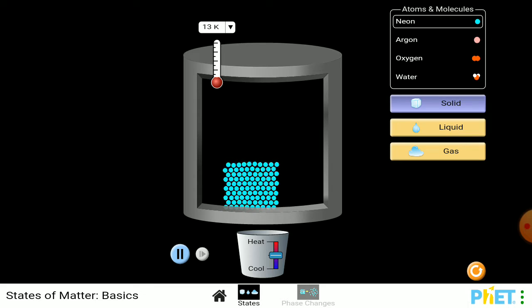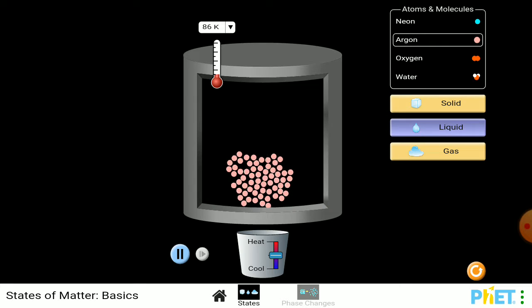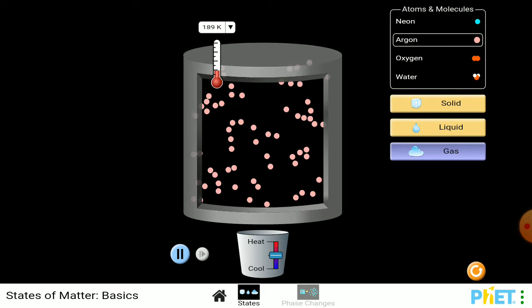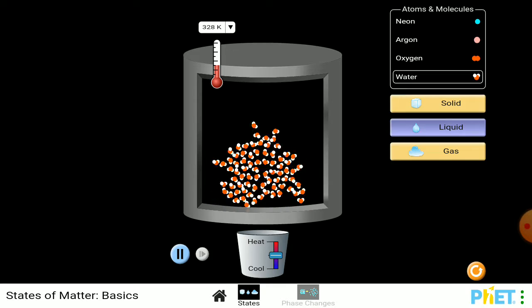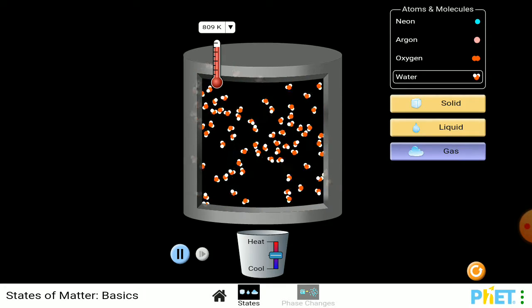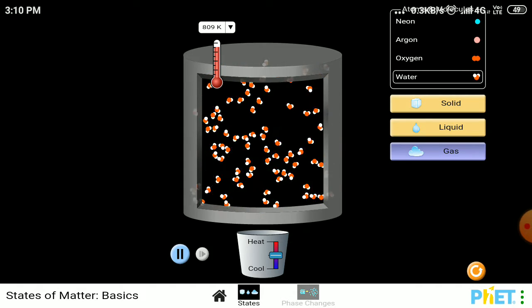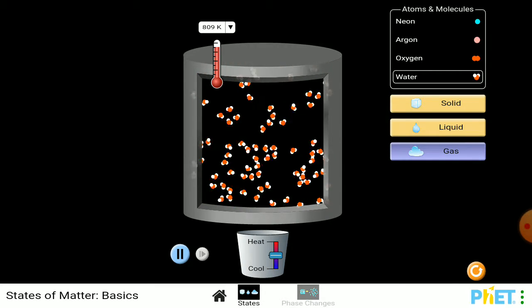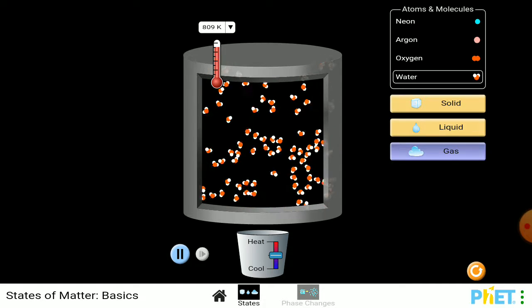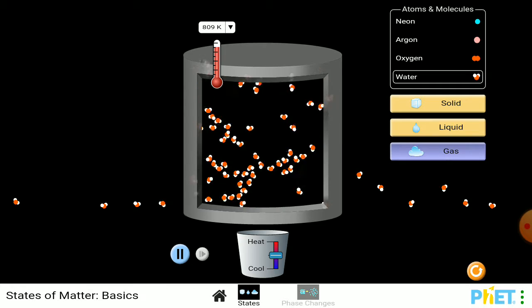Let me start the neon. We discussed that. Then the argon molecule, the same as solid. This is solid, then this is liquid, and this is gas. Oxygen molecule, this is gas, this is liquid, and this is solid. And water molecule, solid, liquid, and gas. In gaseous state, what happens is evaporation. From water it only evaporates, and no other process converts it to gaseous state. So when we heat the water, the molecules start separating from each other. That's why evaporation happens.